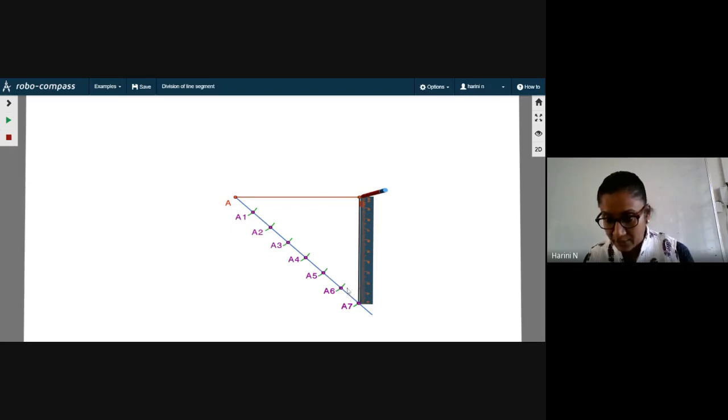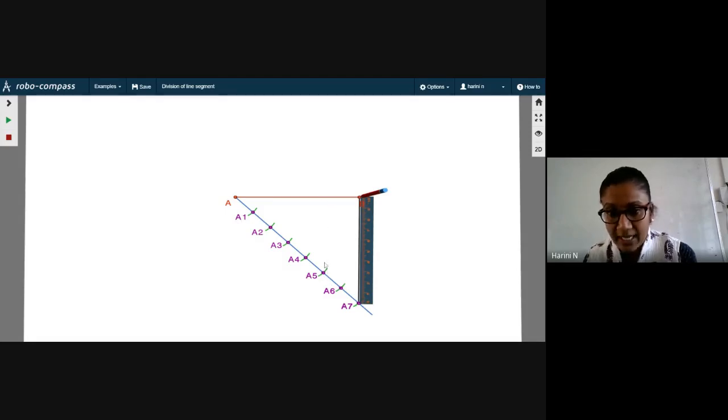Can you see an acute angle is formed here? I am naming that angle as A7B. Did you understand which angle I am talking about? So this angle will be copied at A5. Copying of angles we already know, but still I am doing it once again for you. So see what I am doing to copy this angle. Actually, why am I copying this angle? Because I have to draw a line parallel to BA7 at A5. I have to draw a line parallel to A7B at A5.